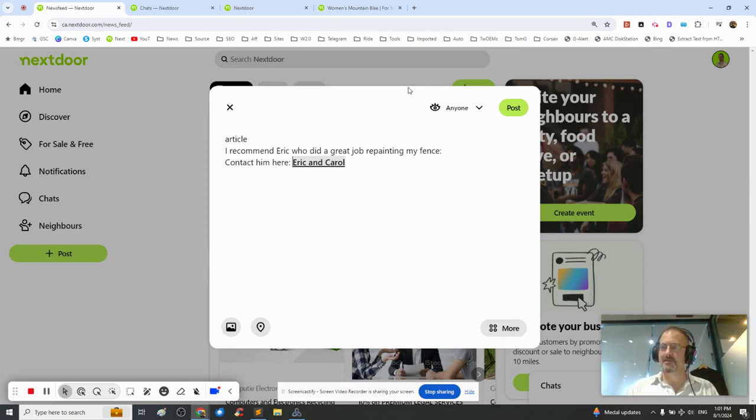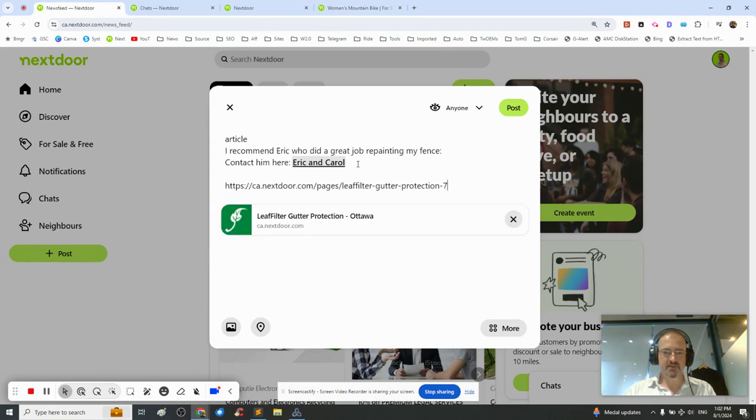Now, number 2 is to point and make a link to a professional page. You just get your professional page URL from the URL bar in Nextdoor, and you just paste it like this, and it will get you a nice link. So again, you can say, I recommend this company, or you make your post and you say, for example,